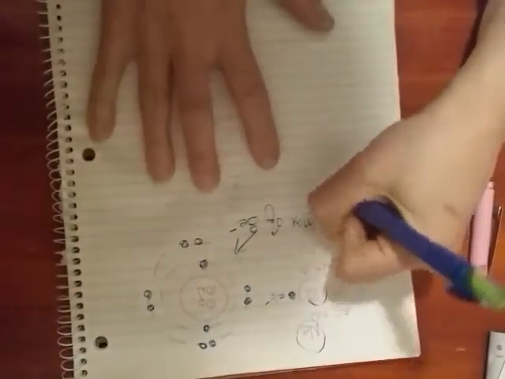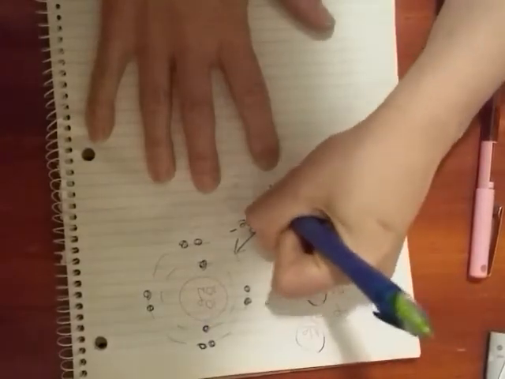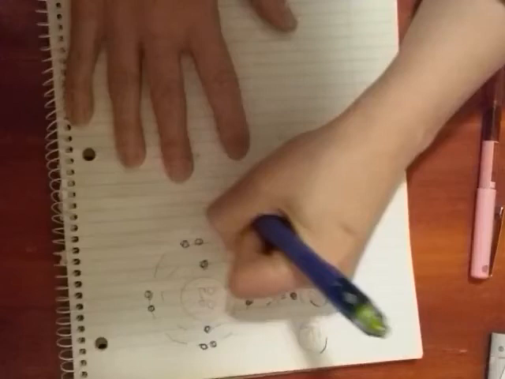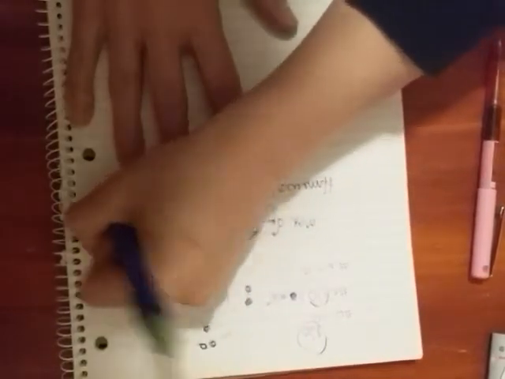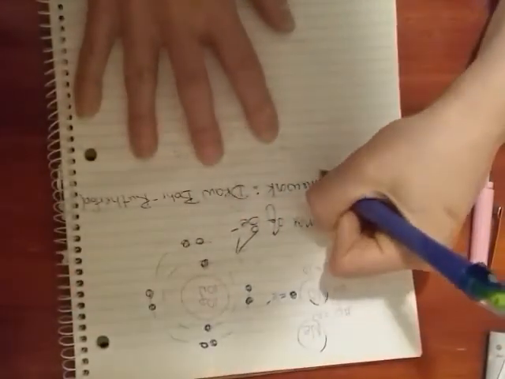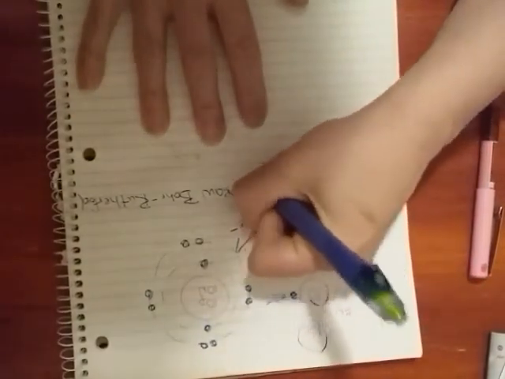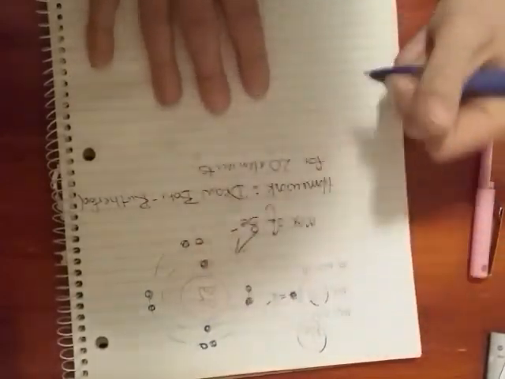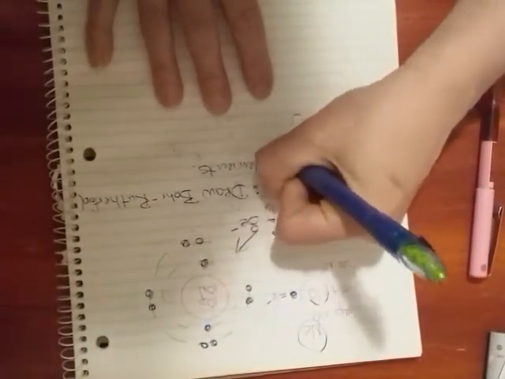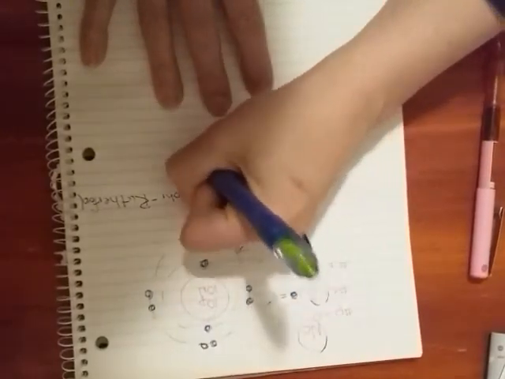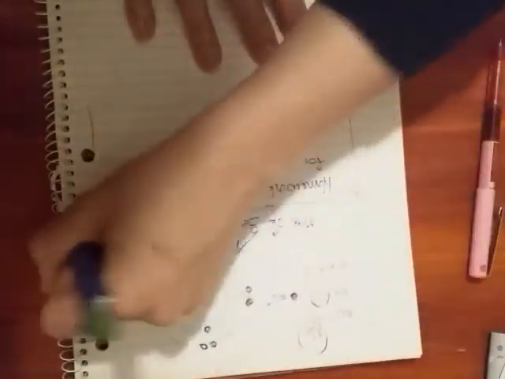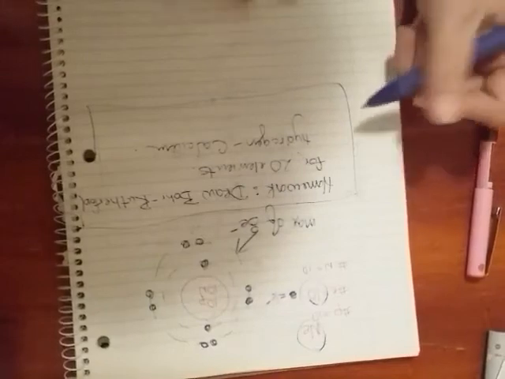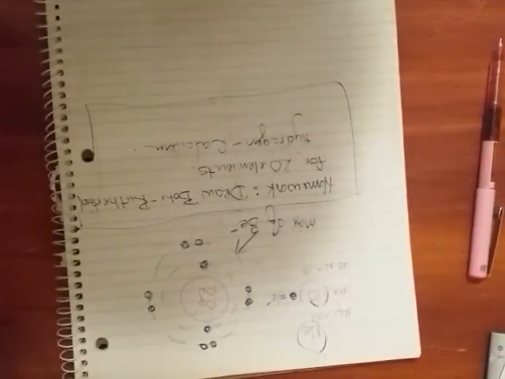So your homework, or your work in class, really, it's not homework, is to draw the Bohr Rutherfords for the first 20. So that would be hydrogen all the way to calcium. Okay, and you're going to have a quiz on this too. So this is your classwork to do. If you're confused, you have questions, that's why you're doing it in class. And then we're going to have a quiz on this. All right,